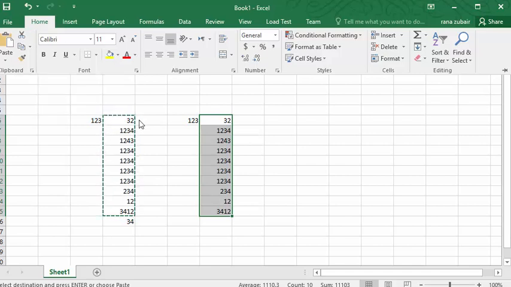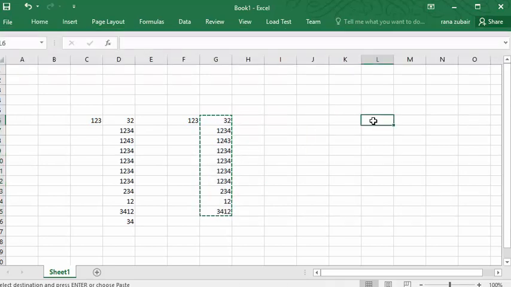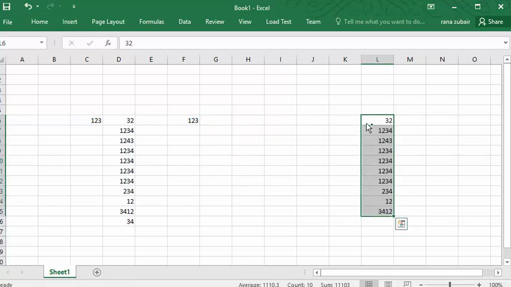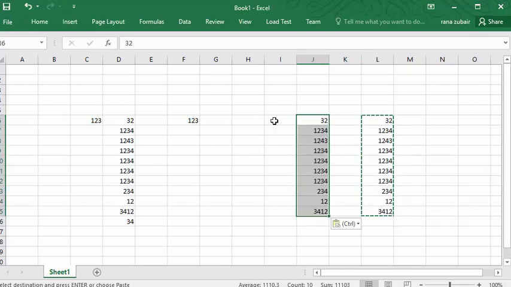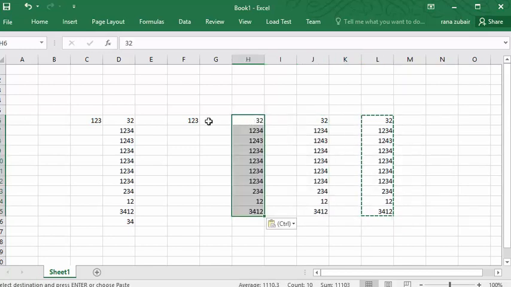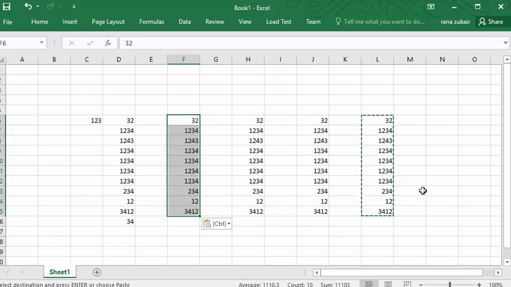If I press Control plus X, it has selected this data, and now I'm going to paste it here with Control plus V. Now it is here. I want to make copies: Control plus C, here, Control plus V, Control plus V. So these are the ways to cut, copy and paste your data.